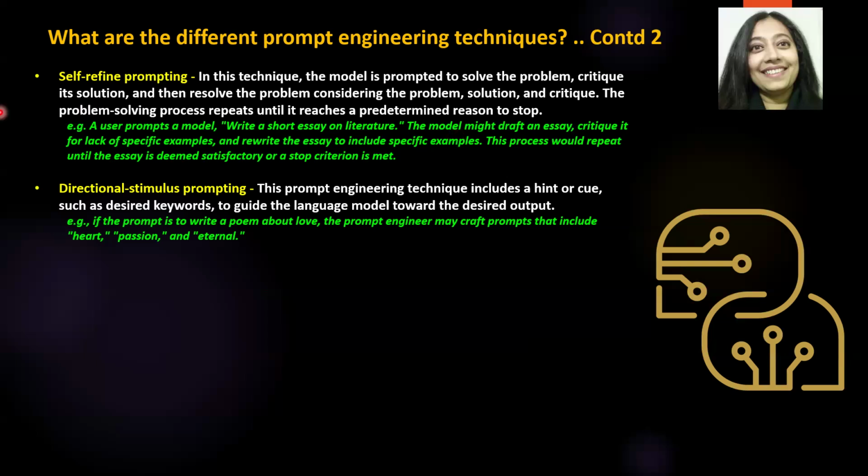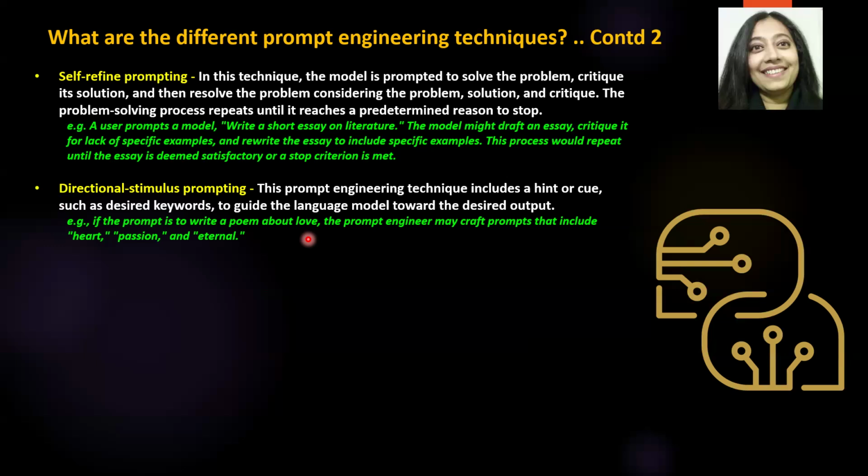And the next one over here is directional stimulus prompting. Now, in this prompt engineering technique, once a prompt is given, the prompt engineer tends to include a hint or a cue, such as certain desired words, to guide the language model towards a desired output. Now, let's take an example again. Let's say the user prompts: write a poem about love. And now the prompt engineer is going to take that prompt and maybe craft the prompt to include certain other